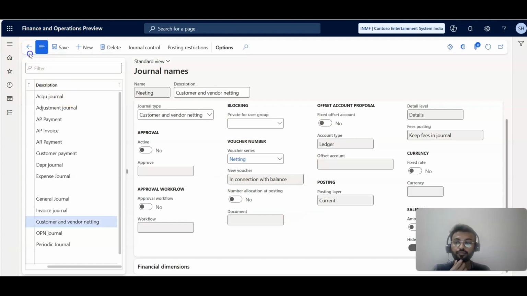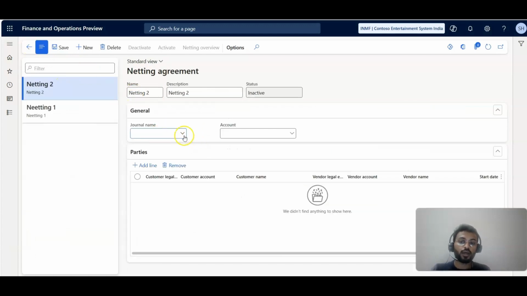Then I will select this in my journal name over here. Then again we need to create one new